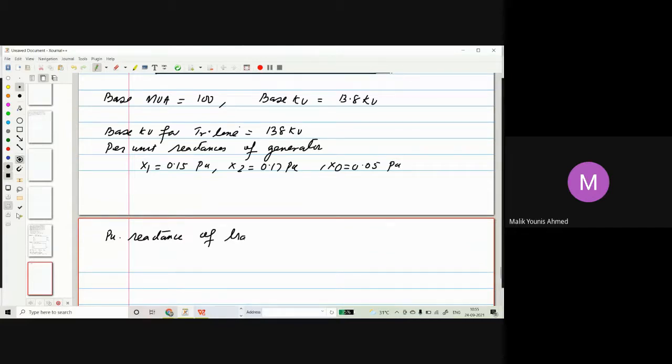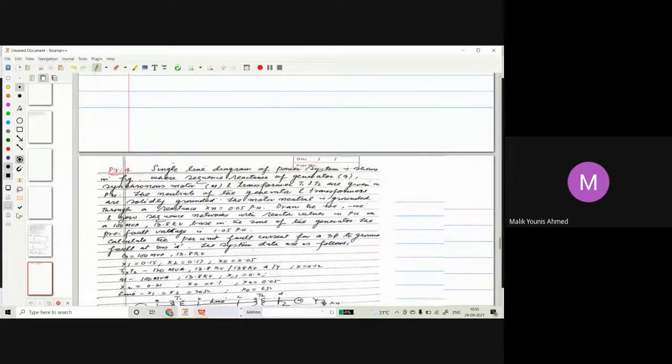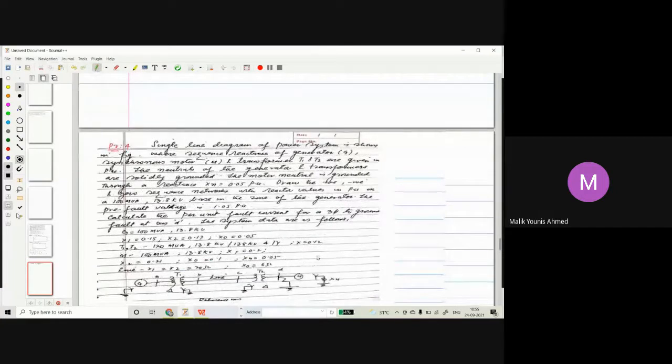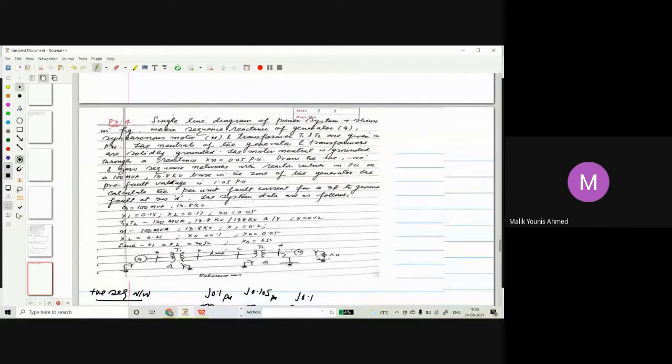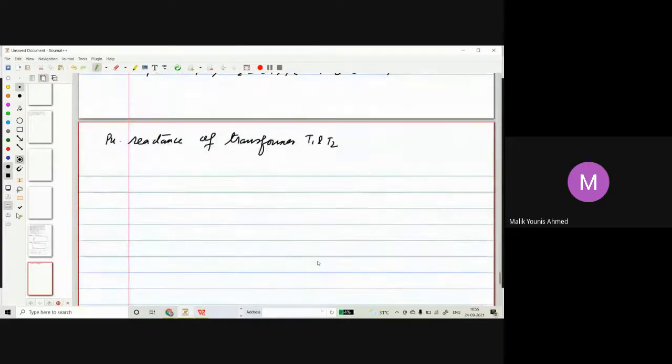Of transformer T1 and T2. So let's see, in this case, what are the values? Transformer T2 will have X1, X2, X0 as 0.12. But let's see whether they are on the same base or not. X1 is equivalent to X2, equivalent to X0, equivalent to 0.12